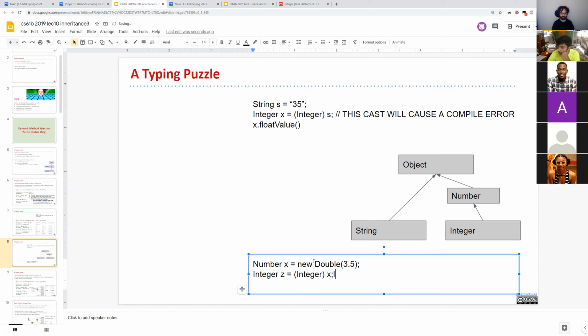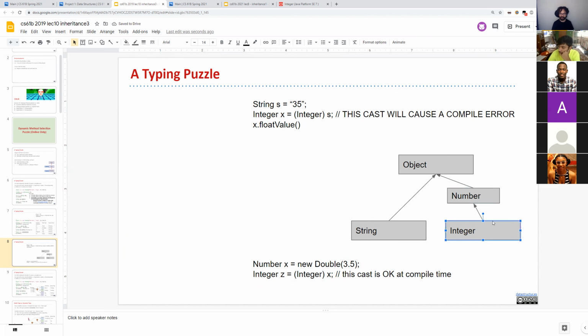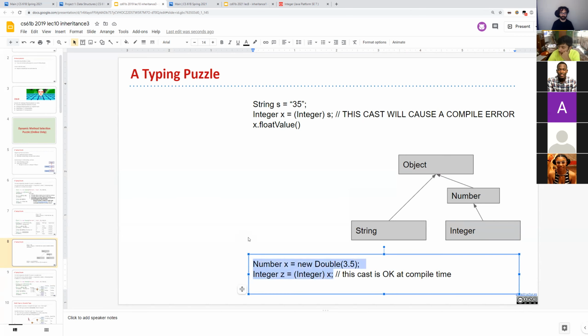Then Integer c equals (Integer) x. Okay, so we do this. This cast is okay at compile time, because it is the case that a Number could be an Integer. We don't know, but the compiler will allow the cast at compile time. Anybody want to guess what this code will do at runtime?